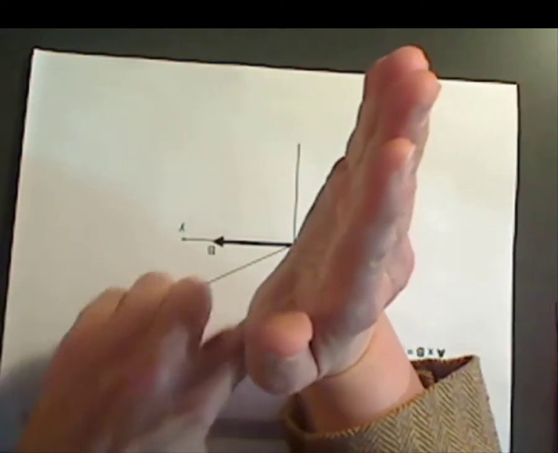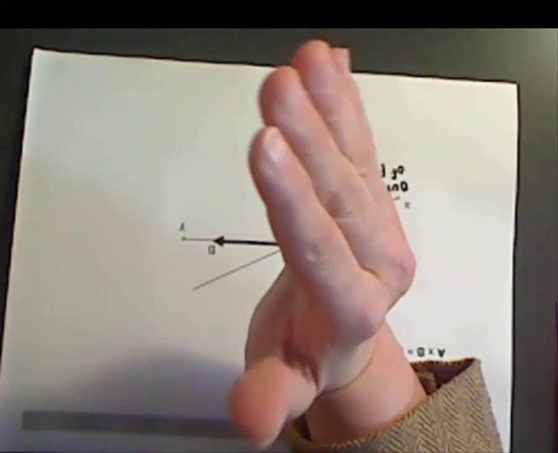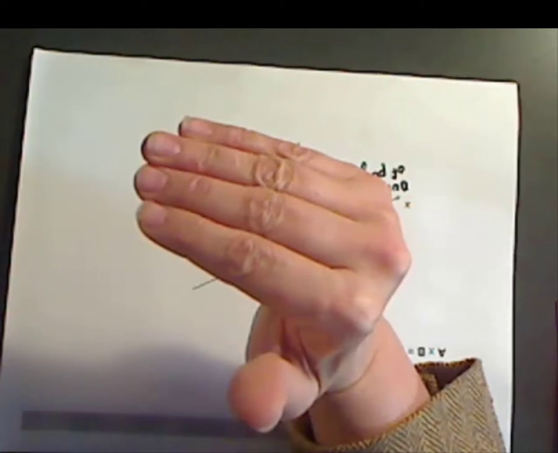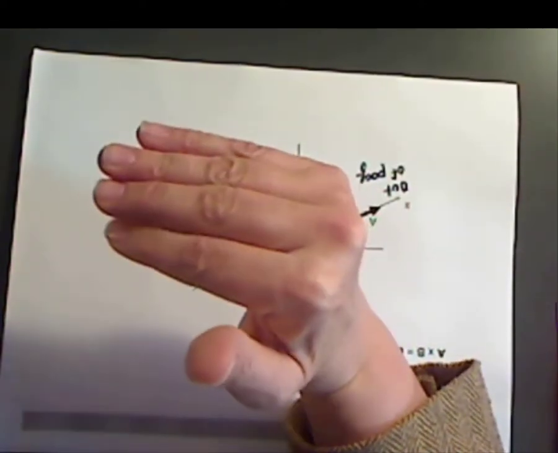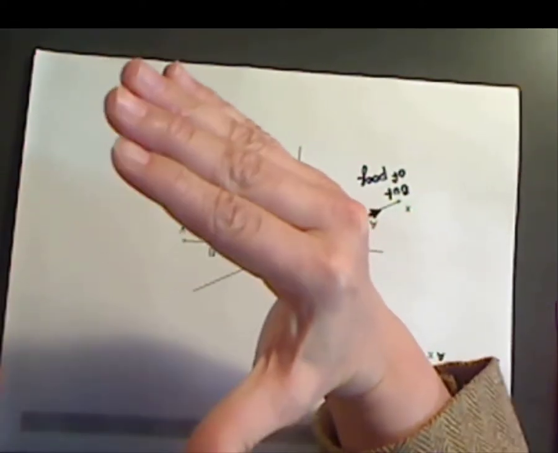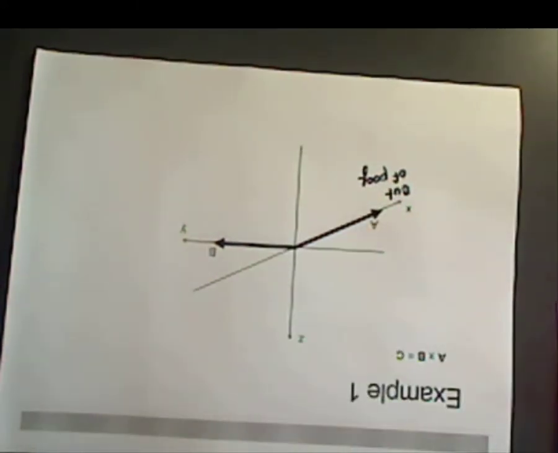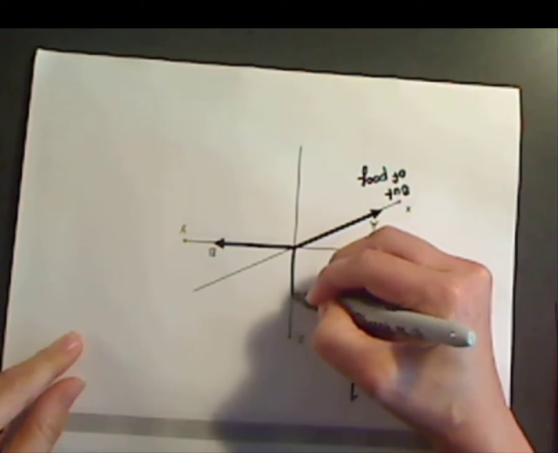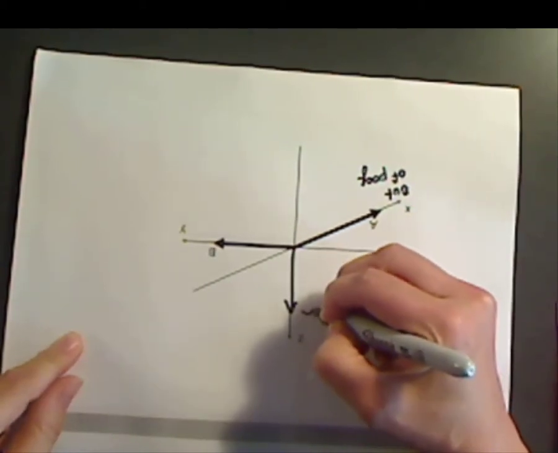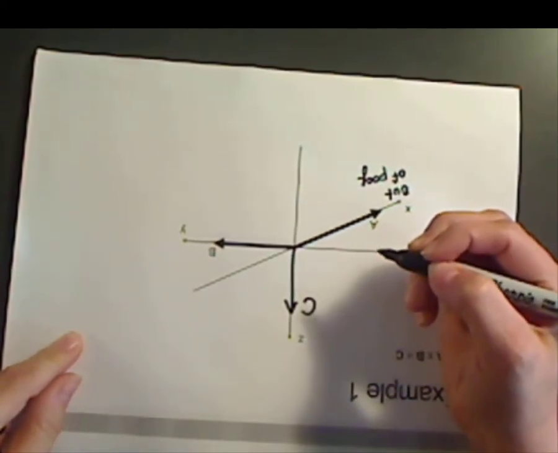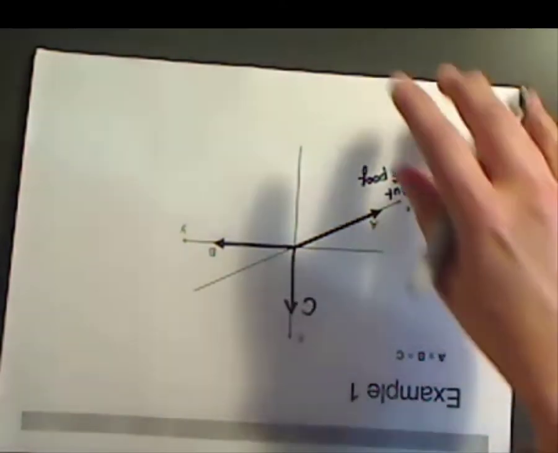So my thumb is pointing along B. I can then, you'll hear me say, flip my fingers down. So flip my fingers down, they now point along B. And I look and I see my thumb is pointing towards me, which is the positive z-axis. So C in this case is going to point along positive z or upwards towards the top of the page,